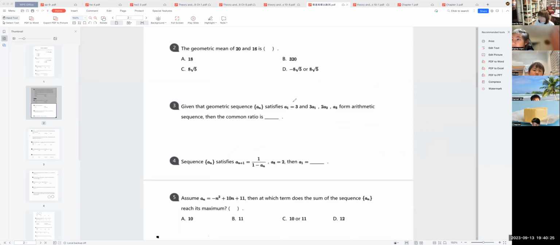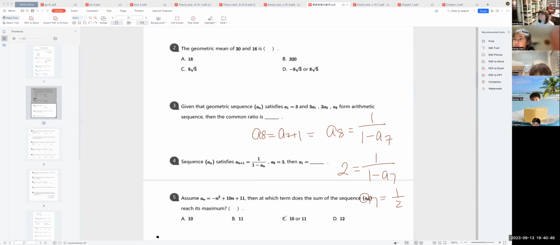That is a 比较傻的方法，但是你一定能做出来。我们先用傻的方法做一遍，好不好？Chapter 明白吗？因为 A8 等于 1 over 1 minus A7，对不对？Do you understand? So 2 equals 1 over 1 minus A7. So A7 equals what? 1 over 2. Okay, so I already helped you, and I want you to do it using the silly method. 笨笨的方法也能做出来，但是我们先来自己用笨笨的方法做一遍。